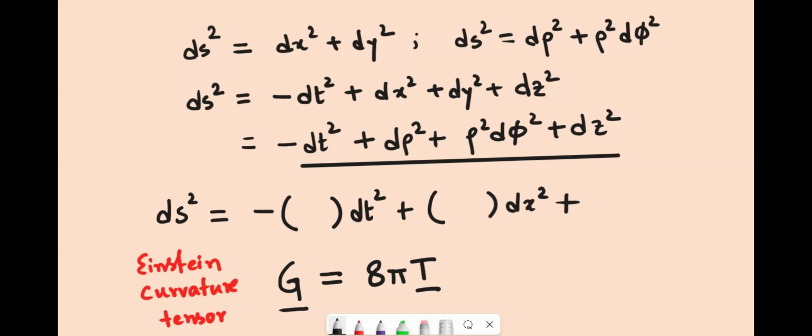The source is written as T, which in detail is called the stress energy momentum tensor, which is a big name, by the way. In short, it's almost always called the stress tensor or stress energy tensor. And the equation that's been written here is called Einstein's equation, and space-time follows this Einstein equation.